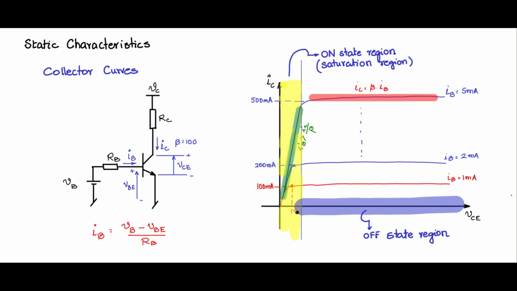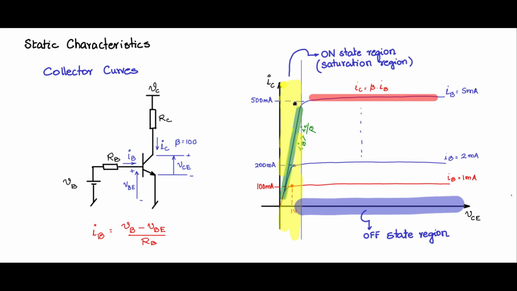So these are the two states of the BJT for being used as a power semiconductor switch. We will not be operating the BJT in the active region. It will only be operated in the saturation region and the off state region. Of course, during transition, when it goes from on to off state, or off to on state, the operating point will move through the active region and then it goes into the on state.